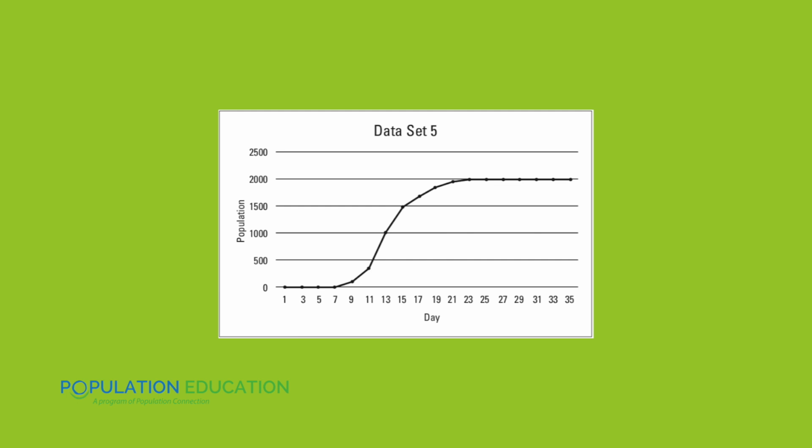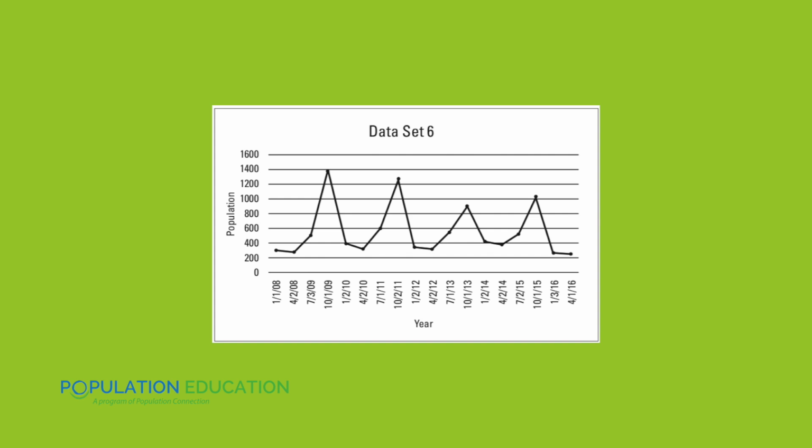We see that rapid exponential growth, but then it levels off and plateaus as new nutrients were added to the test tube, so the bacteria were able to sustain that steady population over time. And number 6, we already went through as the rabbit, which has that predator-prey relationship with the fox. The discussion questions go a little bit more in depth into the life science aspects of this lesson. You can also connect any of these graphs back to the human population growth curve that students created at the beginning of the lesson. That was Pop Ecology Files.